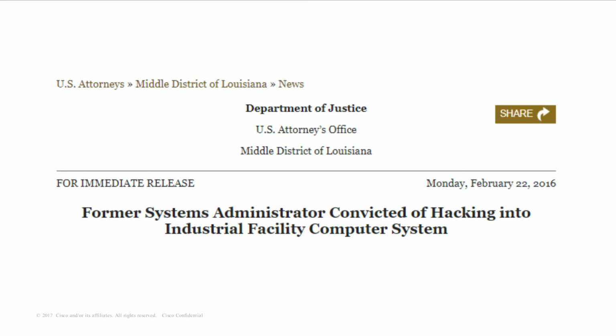All right, so that was what, 2000 whatever, now it's 2016, and we've got the Department of Justice bringing along a former sysadmin who gets fired, and he gets drunk, and he uses the same credentials to once again reach directly into the factory environment and gain access and cause problems to some equipment. All right, this is a standard IT control issue.